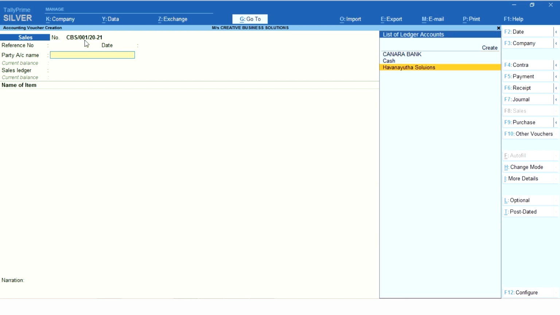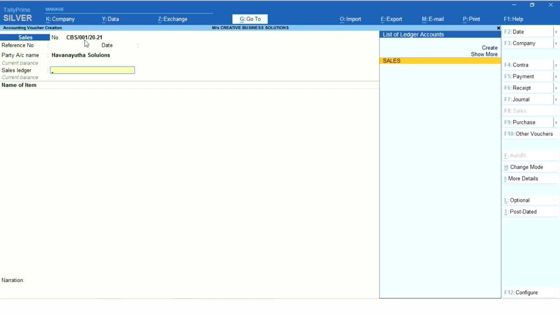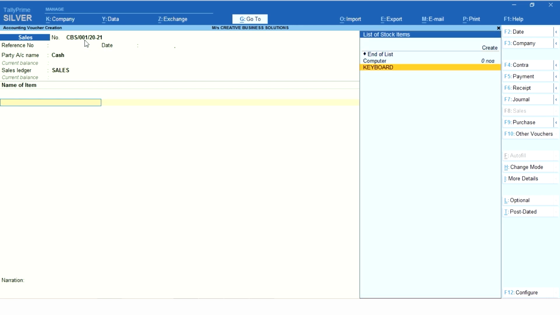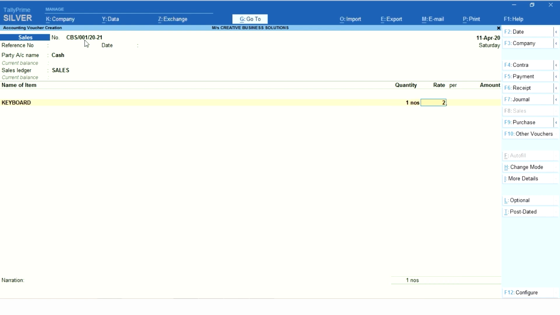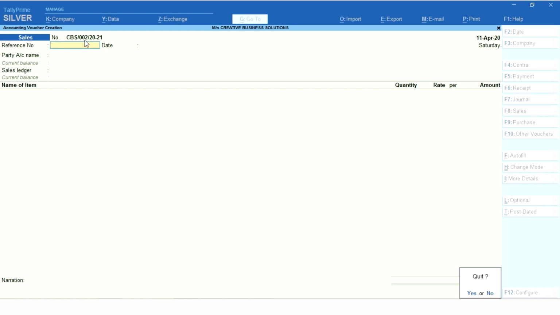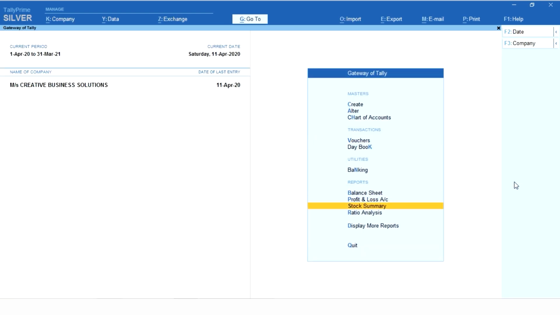So let me pass this transaction again. I'll pass one more transaction like cash sales. I'll not go with a party name. I go with cash sales and I go with keyboard, one number, for 250 rupees for example. And I'll accept the screen. So I have passed a normal sales transaction by using the invoice number 1, and so we'll see the proforma